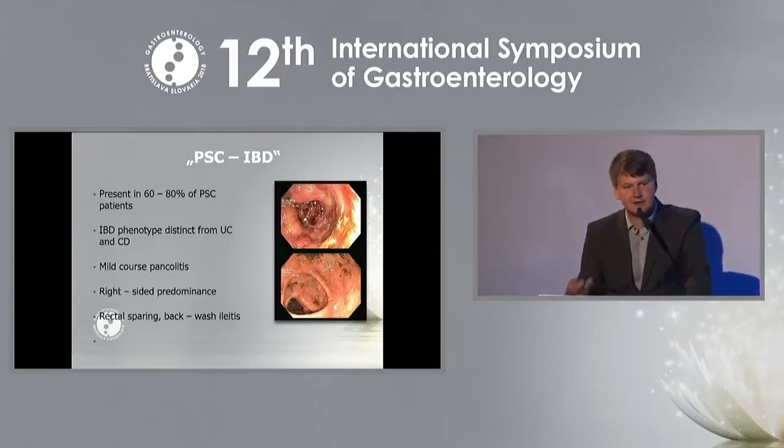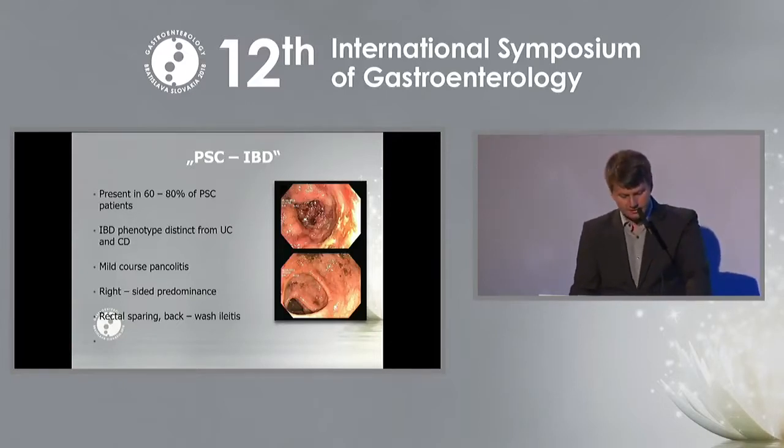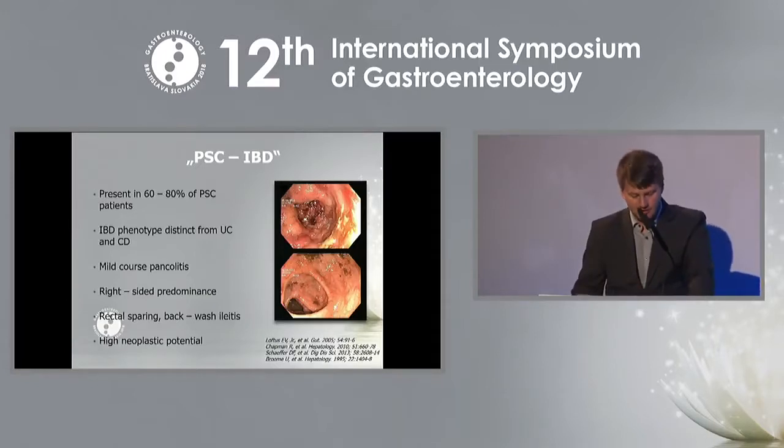It is clinically characterized by a mild course, pancreatitis, right-sided predominance of both inflammation and colorectal neoplasia, and sometimes rectal sparing and backwash ileitis. As I mentioned, the high neoplastic potential involves not only the colon, but of course there is also a severe risk of cholangiocarcinoma. So for both